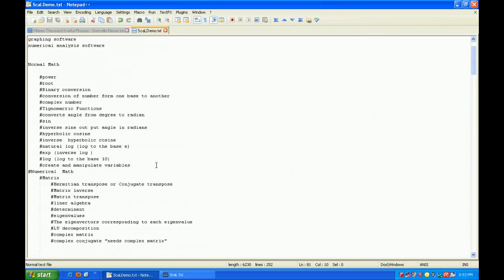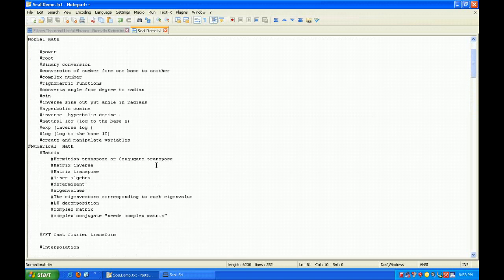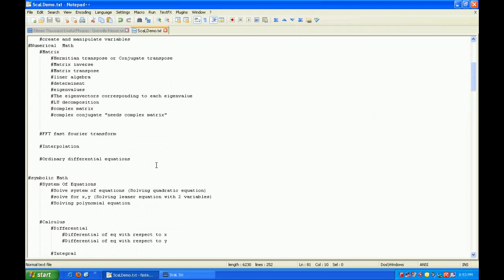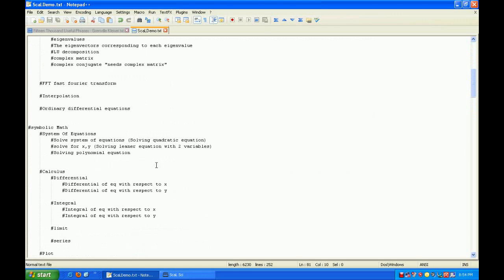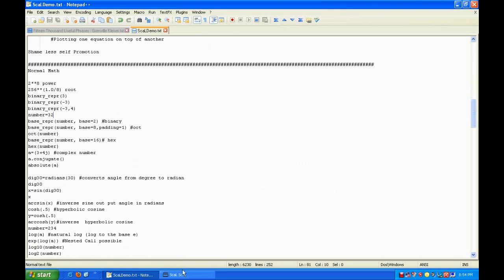On a brief note, ScaL can do normal mathematical functions, sine, cos, tan, matrix manipulation, Fourier transform, interpolation, and can solve ordinary differential equations. ScaL can do a lot more things than can be covered in this demo. It can handle symbolic mathematics. So let's start with basic operations